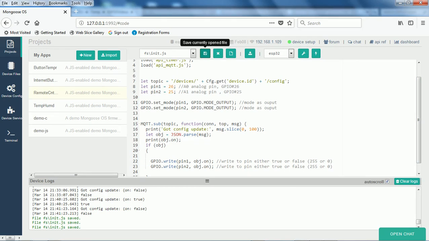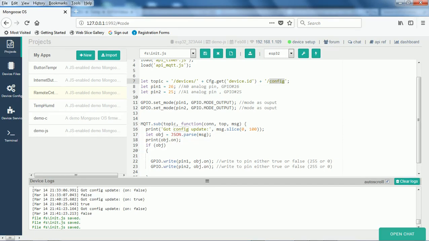Then we are going to make use of MQTT, and we are now going to subscribe to the topic. The connection and the other names are just variables. So this is the function that is written. This is the topic we are going to subscribe to, and the topic is obviously config, which I have shown you. Then the message will come from Google IoT, so we'll try to get the first few characters of the message and then parse that.